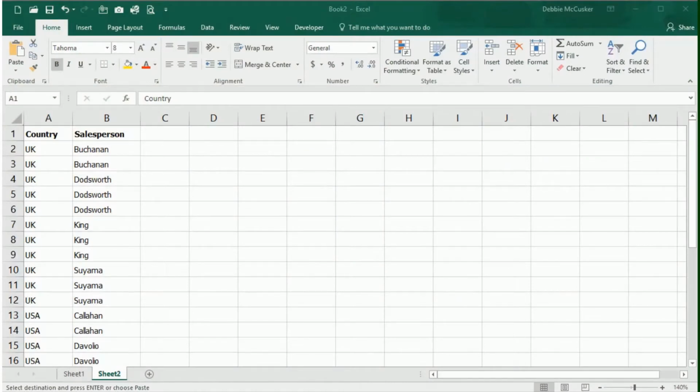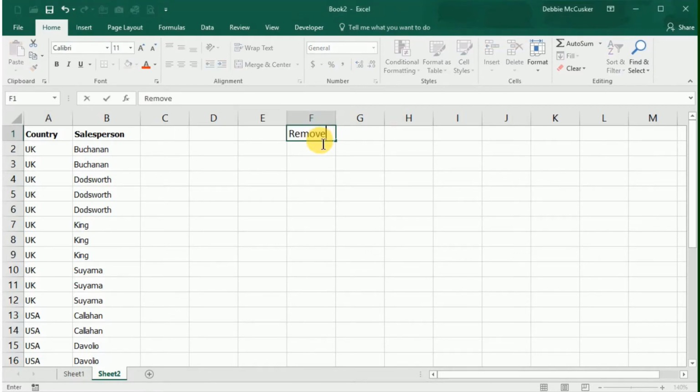Starting with Excel 2013, checking for duplicates became so easy. I remember the day when I had to actually get different software or play with Excel for hours to check for duplicates. So now we can do this in one quick step. The duplicates feature will allow us to remove duplicates based on certain things. So you may not get exactly what you're looking for, but you'll pretty much be able to remove duplicates in